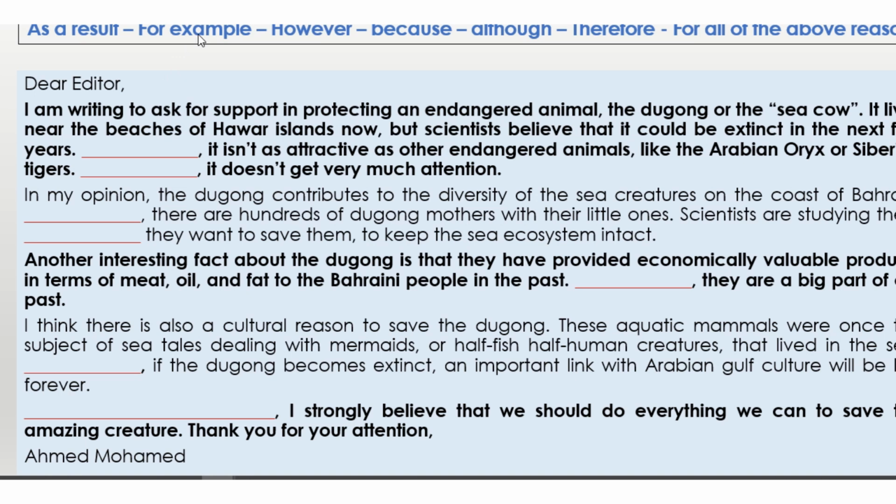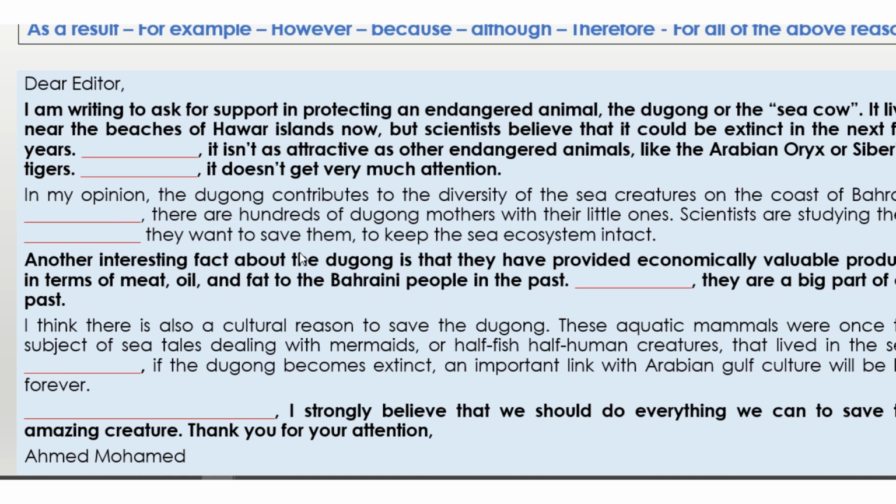Can we say, for example, can we say because? Think about it. Because they want to save them here, but here, which word should we take? Can, for example,